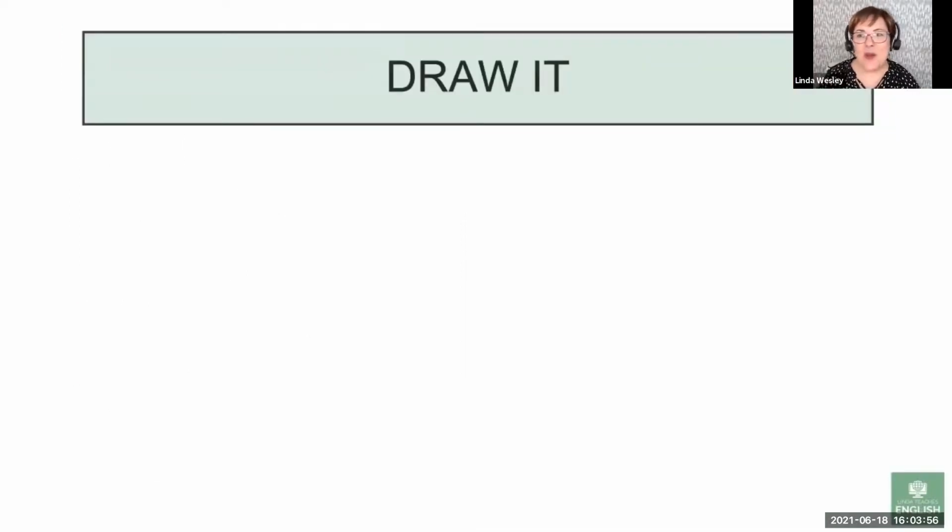All right. And one more activity, because I want to give us plenty of time to ask questions. The last one is draw it. And again, this is an activity that you can use in a high resource environment or a low resource environment. At the beginning, I asked you to get a small piece of paper and a pen or a pencil. So I'll just give you a second to get that.